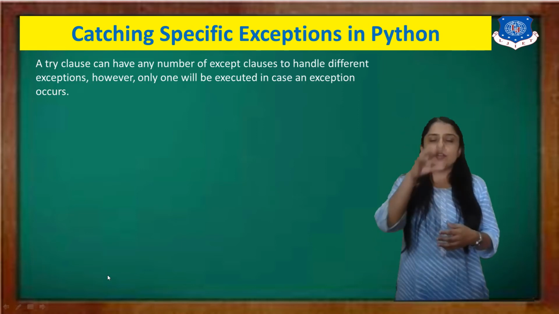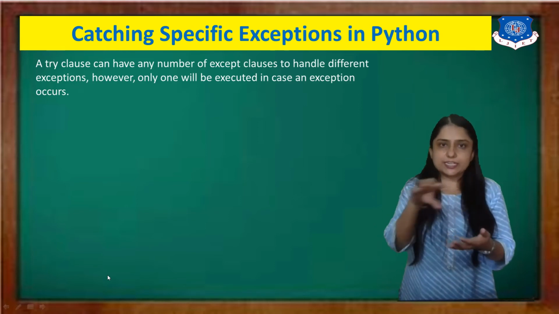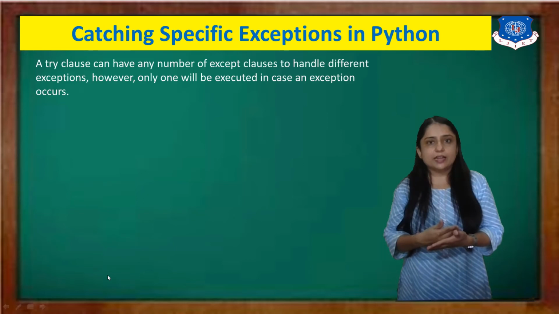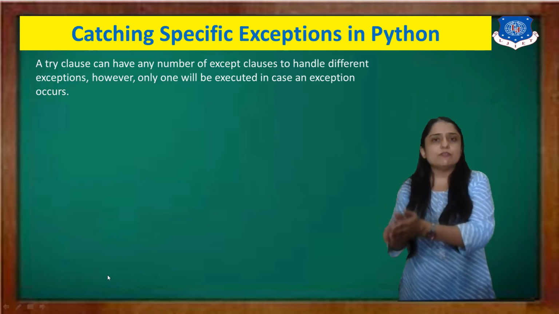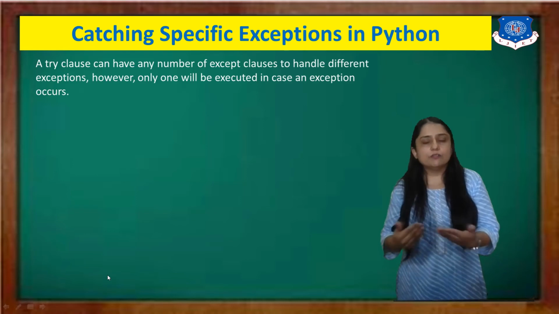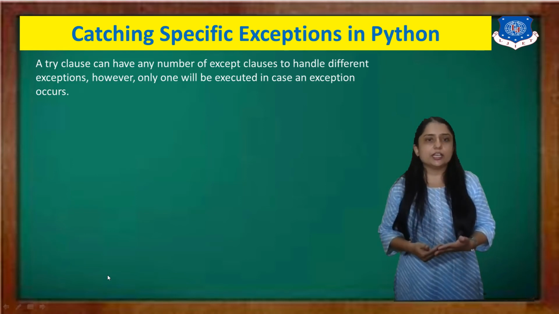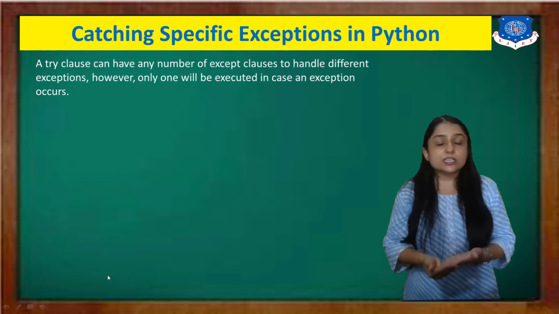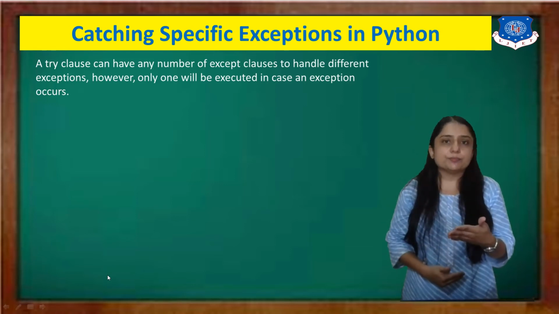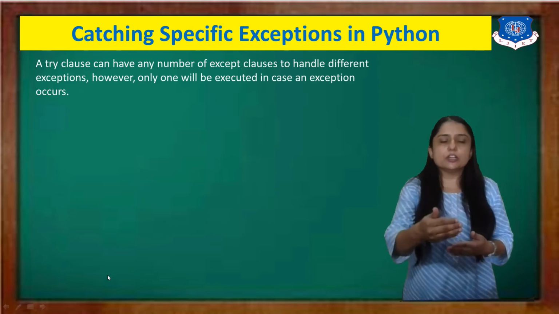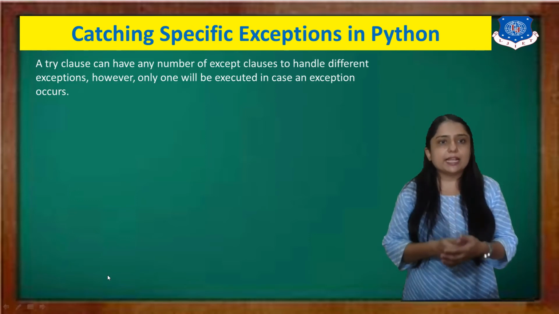If I write one statement inside the try clause, and then I write except ValueError, then except ZeroDivisionError. So we can define multiple except clauses, just like if and elif statements. You can write multiple elif statements. Here also you can write multiple except clauses,